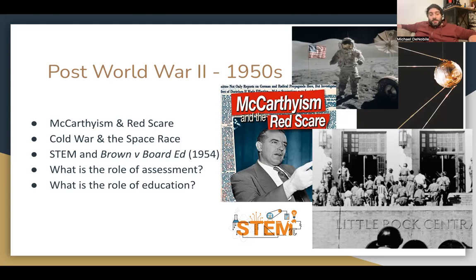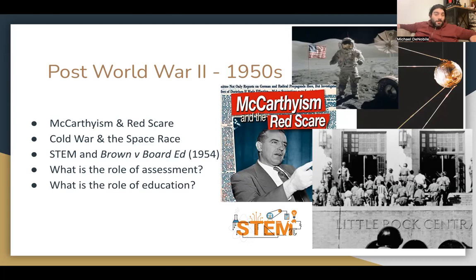And so there was a lot of fear around communist Russia, communism, especially in the United States. We have the rise of McCarthyism and the Red Scare. Senator McCarthy was one of the leading senators in the U.S. that led this drive against communism in the 1950s, and it became known as the Red Scare because it went to the point of